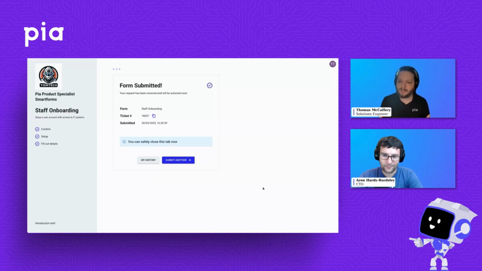Well, the user gets created by Pia, fantastic. But then the engineer takes this information and they have to go to the sales board. They have to create a new ticket, pull this information in so that hardware could be ordered and shipped to the client. That's silly. Let's do that in Pia.